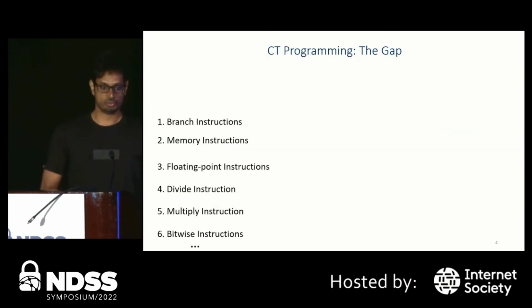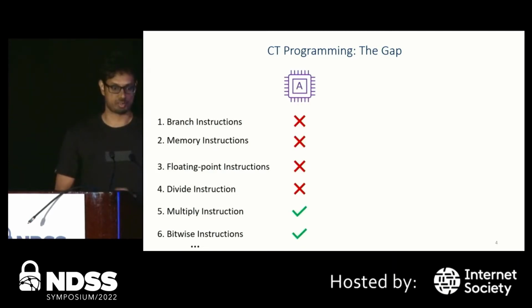But this simplistic view of constant-time code and microarchitectures is actually insufficient to have strong security guarantees in practice today. In this table, I have a list of different classes of instructions as rows, and as columns, I have different microarchitectures. A check mark represents that an instruction is believed to be safe, while an X denotes that an instruction is unsafe on a particular microarchitecture. From a previous slide, this is what current expert constant-time programmers believe. They believe that all simple bitwise operations and instructions like multiply are safe on all microarchitectures, while the first four categories of instructions, that include the branch, the memory accesses, and the divide and floating point, are all unsafe.